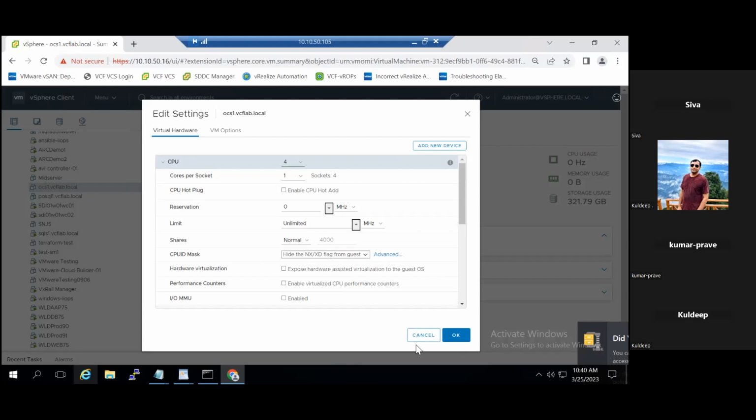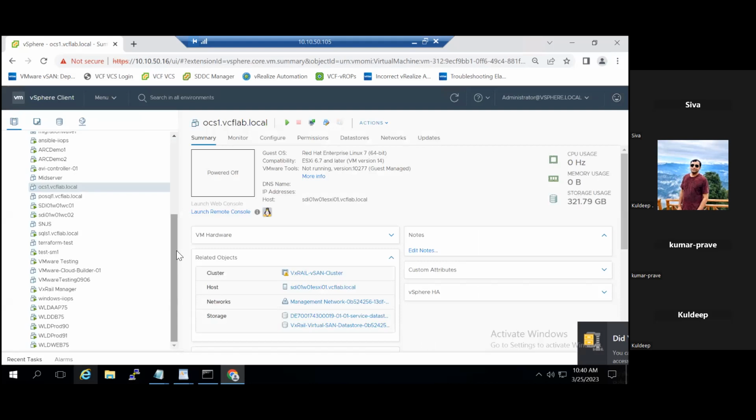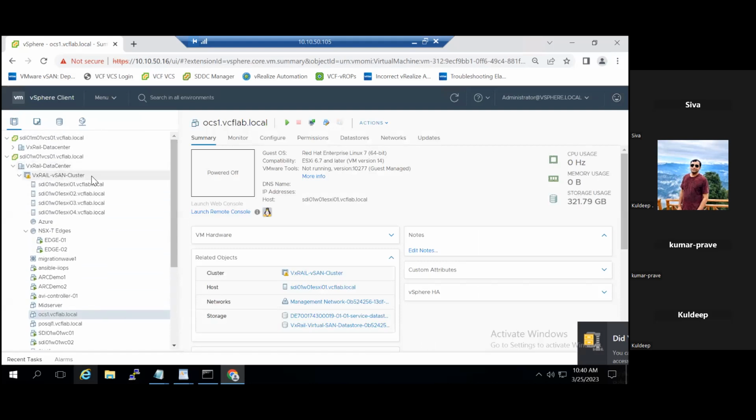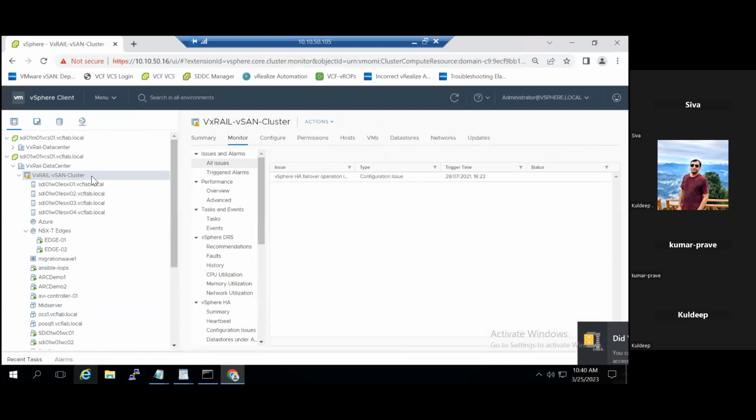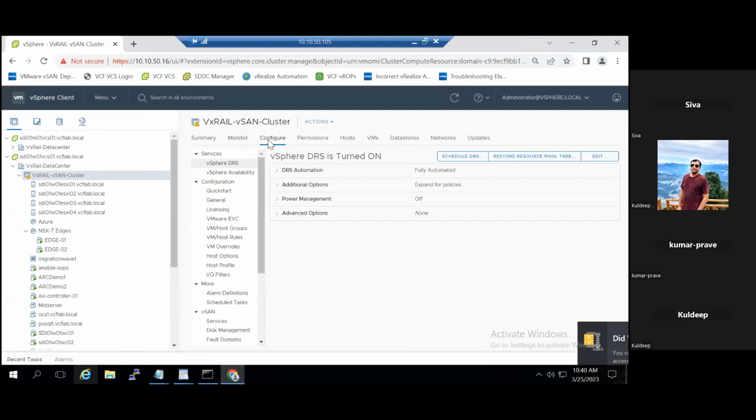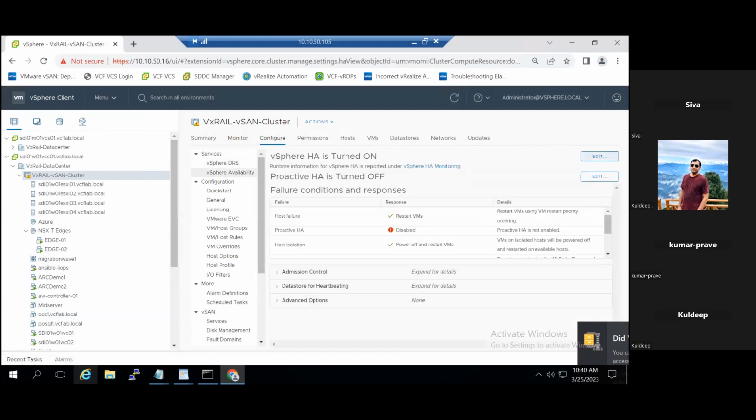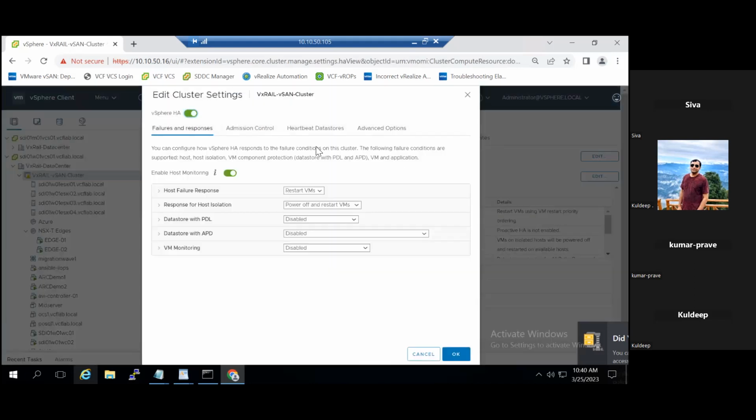All right. Are we clear on it? Okay. So now let us see from where we will enable the EVC, enhanced vMotion compatibility. Enhanced vMotion compatibility is a feature at the cluster level. If I click on the cluster, go to the high availability setting, HA,